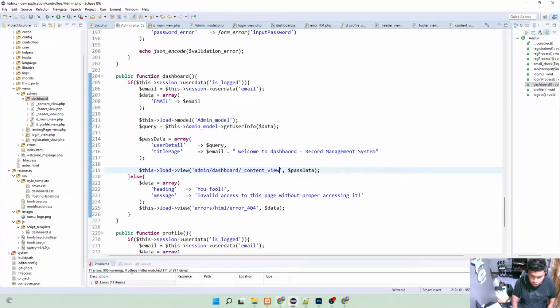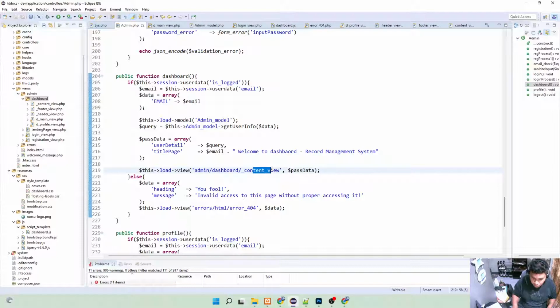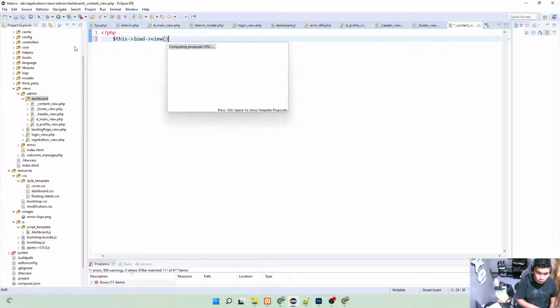So what happened is this: we have a blank document for the content. The content here will load the view, so the first thing we load is the content view. Now for the content, it's purely PHP. This one will load this load view, and this one will load the admin dashboard